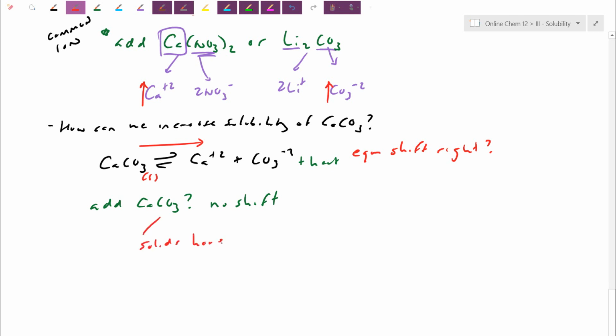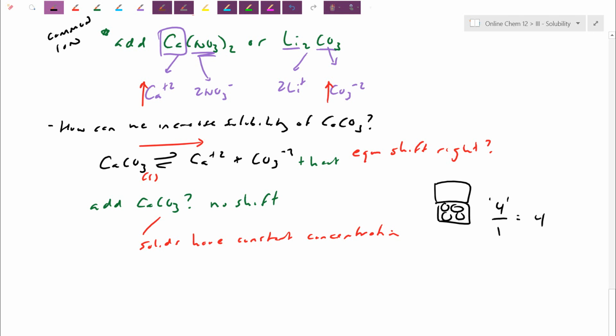Solids have constant concentration. Remember, we did that analogy. You may have more or less solid. Say I have 4 particles in one box of space, so the concentration is 4. You can add more particles, no problem. Now I have another one of these chunks, so I have 8 particles, way more, but it's also taking up twice the amount of room. 8 divided by 2, the concentration still stays as 4. So solids have constant concentration. That's why we ignored them